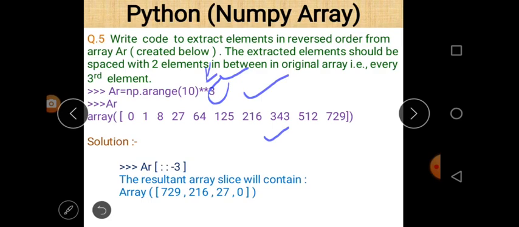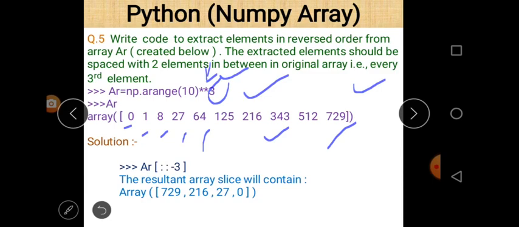So the first element is 0, the second element is 1, the third element 2 power 3 is 8, the fourth element 3 power 3 is 27, the next element 4 power 3 is 64, and the last element 9 power 3 is 729 here. Now in this question we have to print an array.